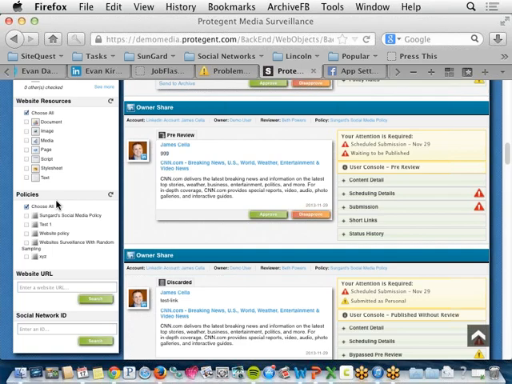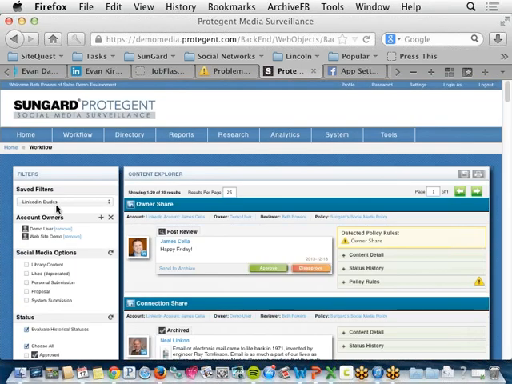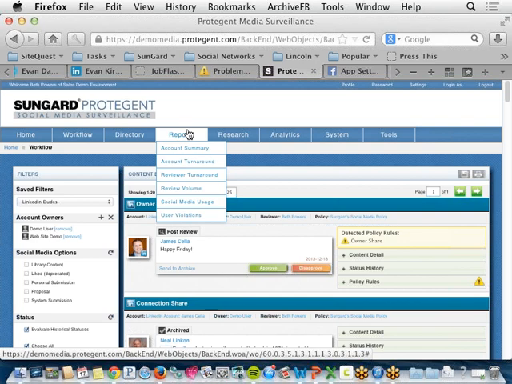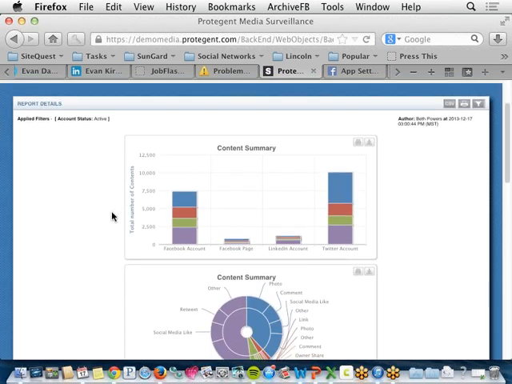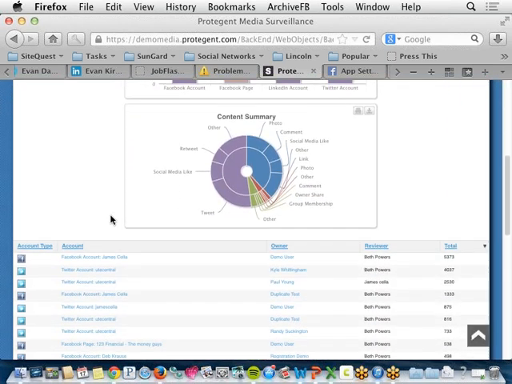So you can play with the filters and find things. How do you find the guys that are the most active? Great question. We have a report called the Social Media Usage Report, and I think this is what you were asking about, Mary. We can tell you which users, which accounts, are generating the most content. That's how we deem active: as content. You can see that my Facebook owner here has 5,300 pieces of Facebook content, but Youth Central, that's my Twitter account, is coming